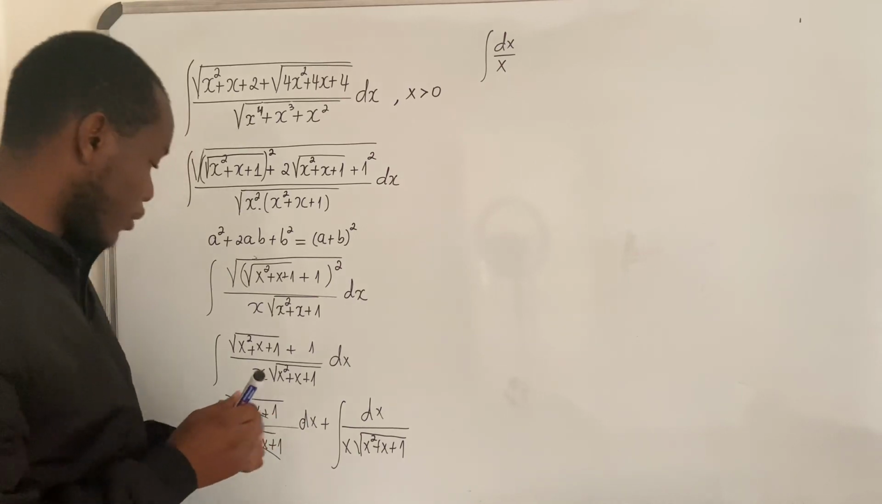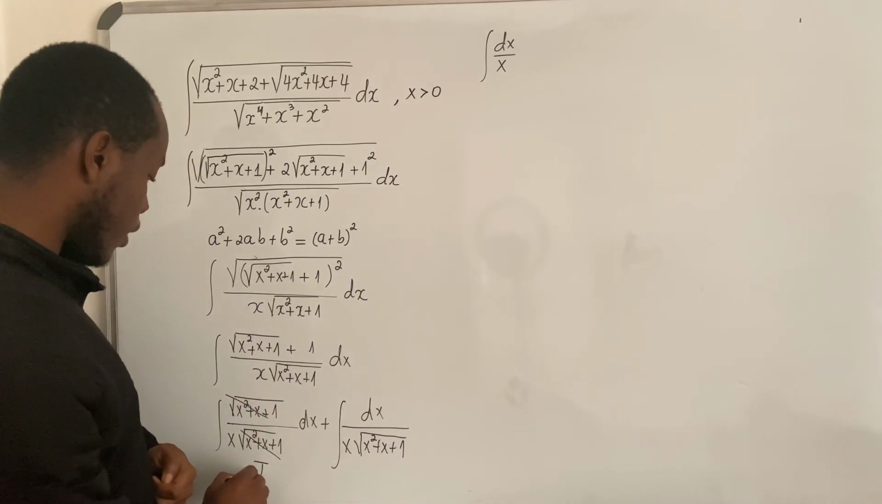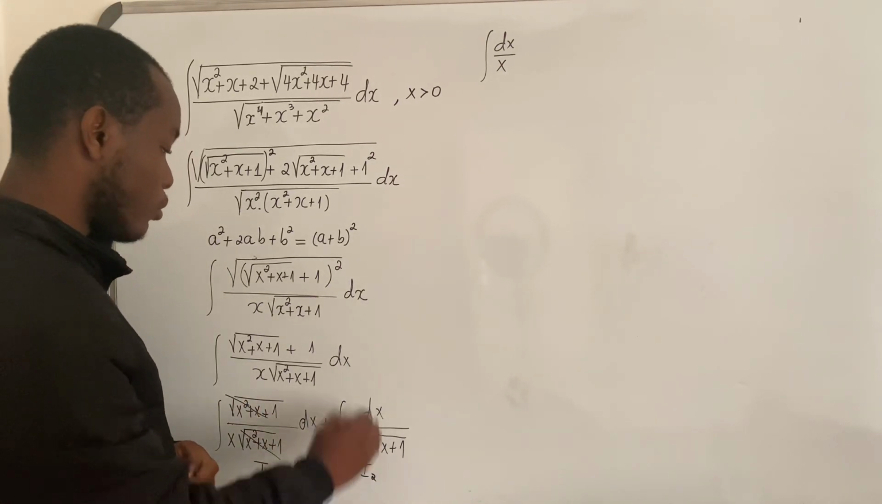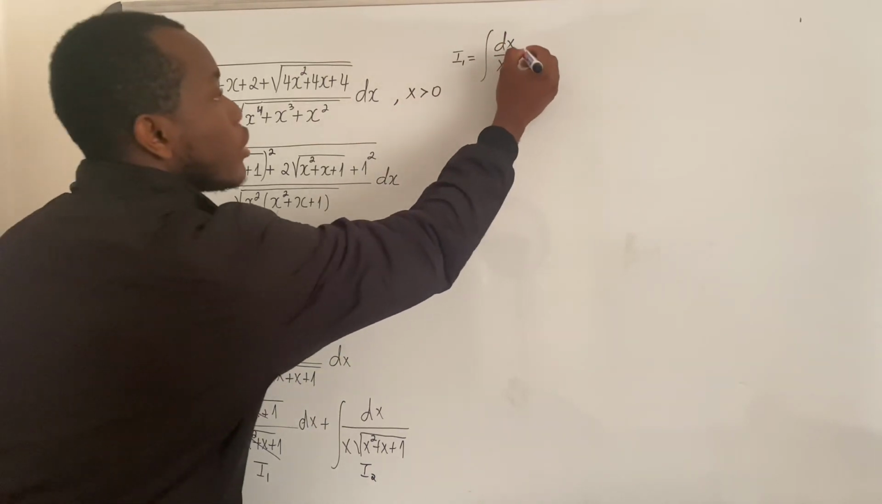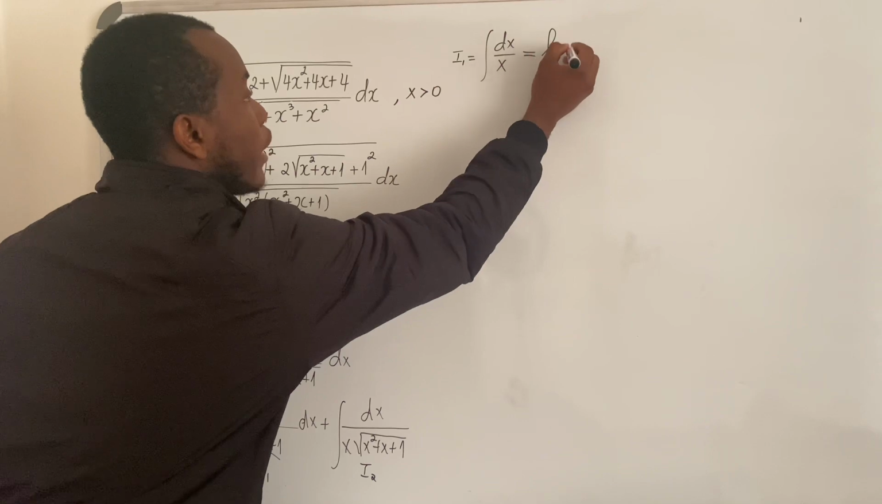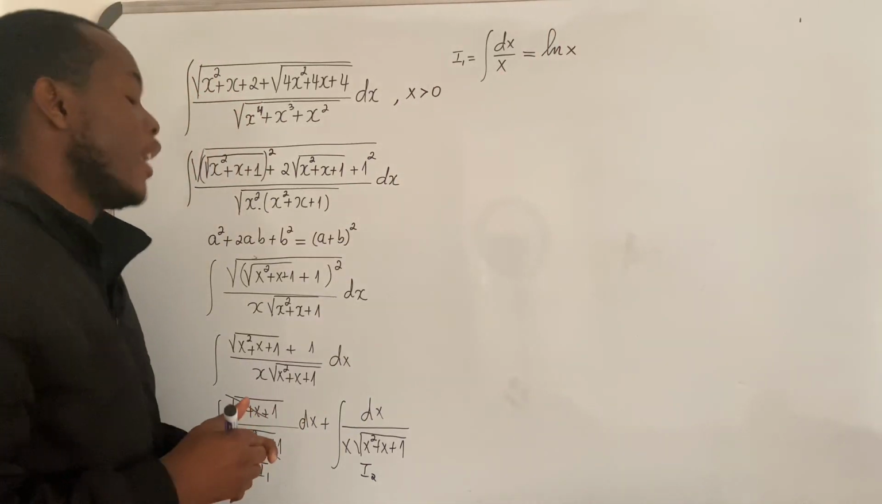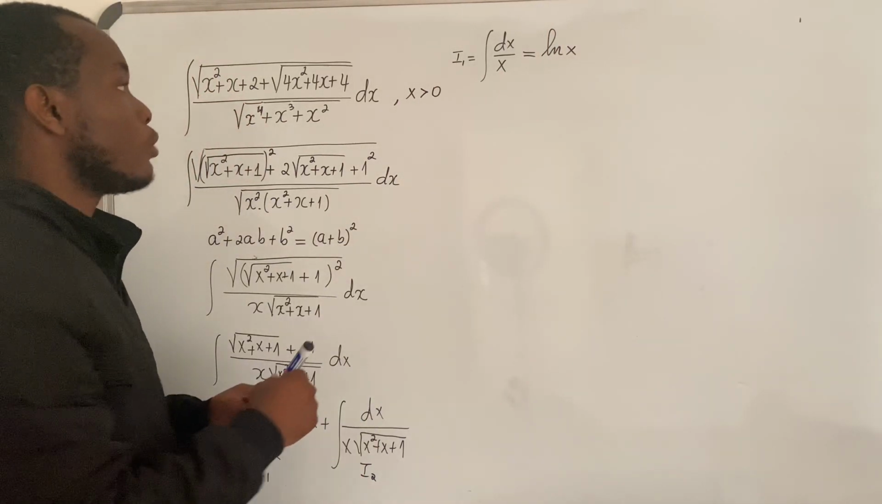Okay, this is integral 1. I'm going to call this integral 1, and I'm going to call this integral 2. So this is integral 1. Integral 1 is equal to this expression, which is equal to ln x. Okay, perfect. Ln x. Now for the integral 2,